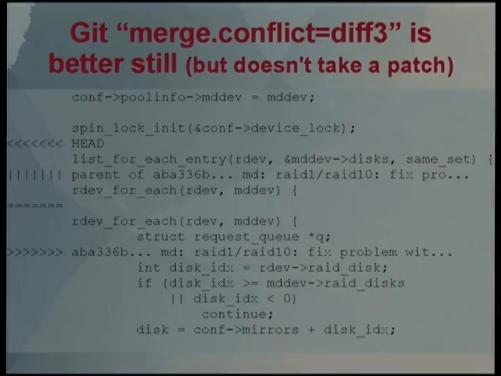So you can see the less thans, the vertical bars, equal signs, and the greater thans. The first section is essentially what I found in the file. The next section is what I expected to find in the file about here. And the third section is what I was going to change that to. So once you get into the habit of reading that, it's quite easy to see that what that's saying is, I wanted to add a struct request somewhere near this rdev for each, and you can see exactly where it's meant to go from that. So again, in this case, doing that by getting that output and fixing by hand is fairly easy.